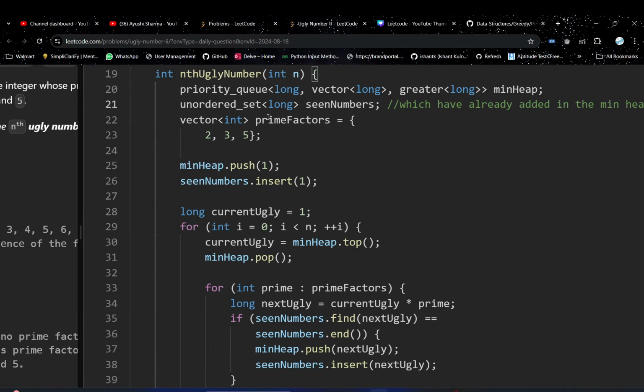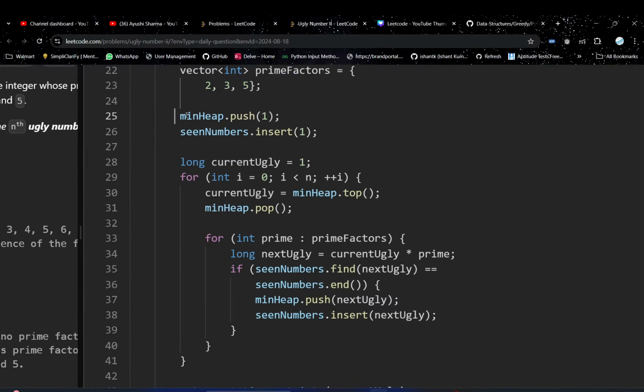Okay, these are the prime factors. So initially in the min heap we will add 1, and in the seen we will add 1.